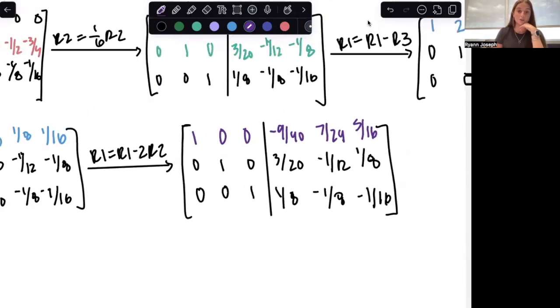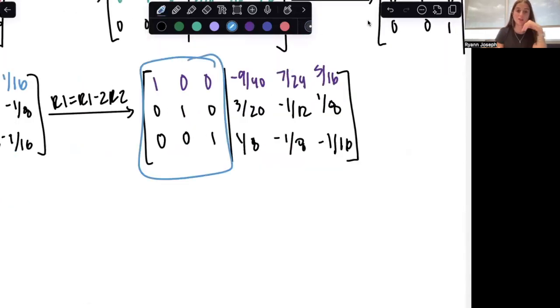And so we look at this, we see that the left-hand side became the identity